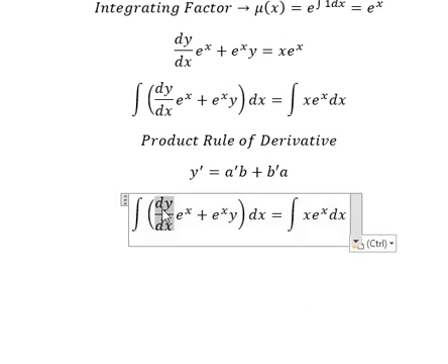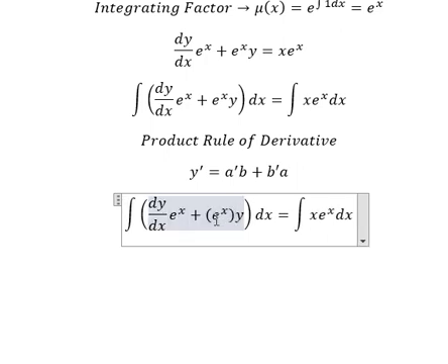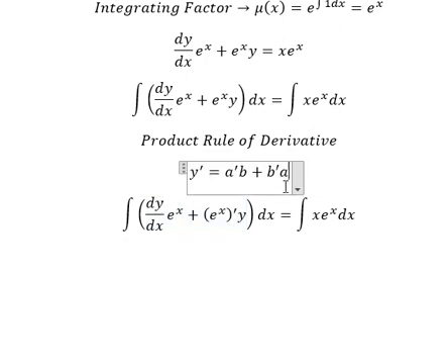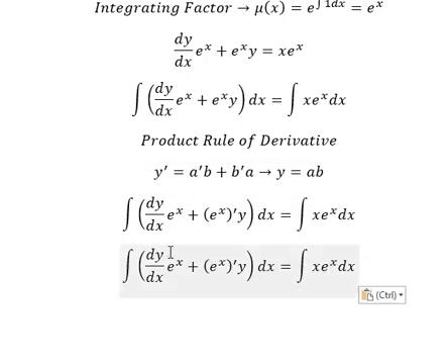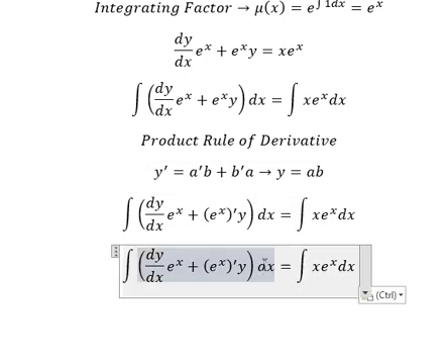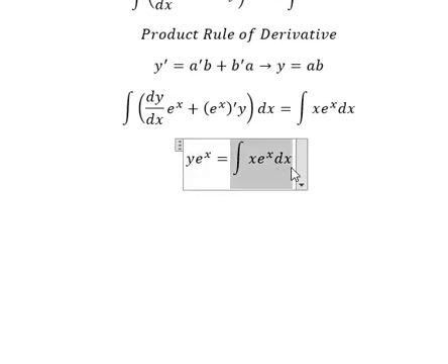So we have the first derivative of a multiplied by b. This one we have the first derivative of b multiplied by a. So the integration of this one, we have y equals ab. So the integration of that one in here, we have y e to the power of s. About this one,